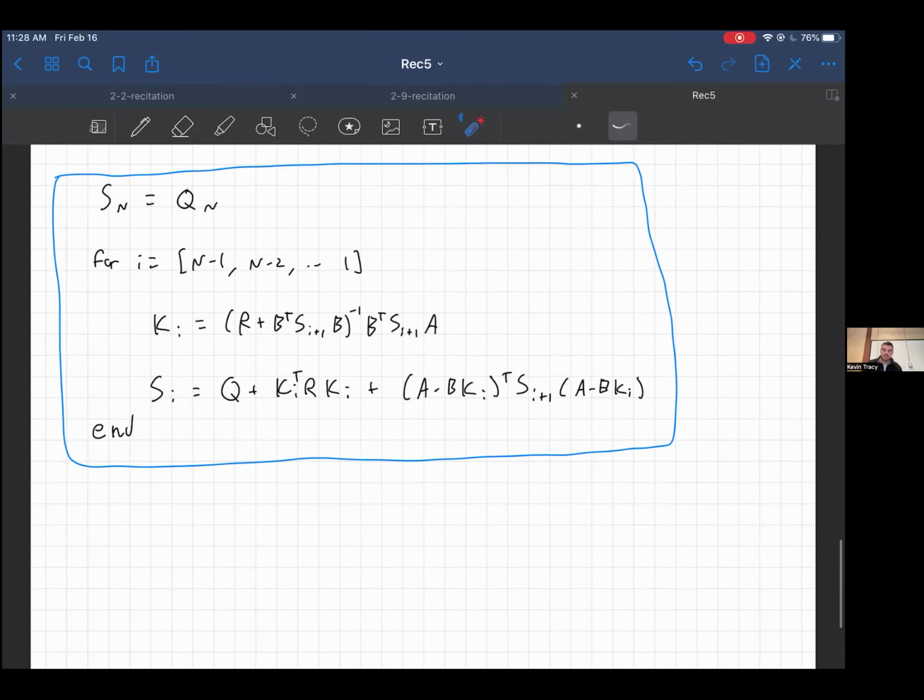Now I can do time varying LQR, just where A and B change over time, just by adding in the correct indices for A. So I'll do, we can solve